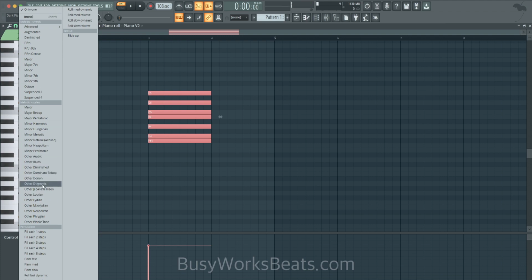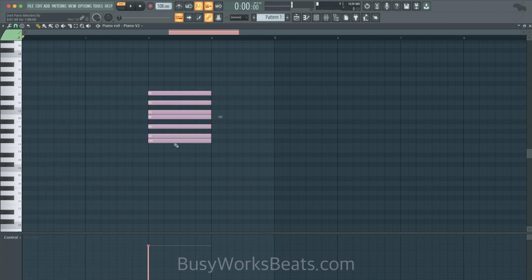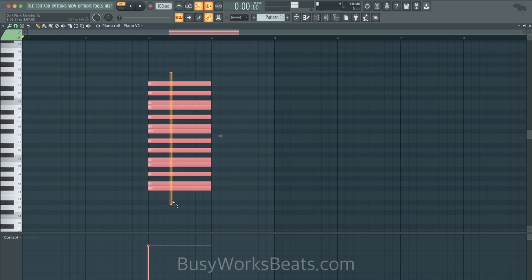So anyway, Locrian is the mode. Okay, so we're going to copy this by hitting Control, left click, highlight, hit Shift, left click, and then hit Control up to pull this up one octave. So now we have 2 octaves of the same scale.